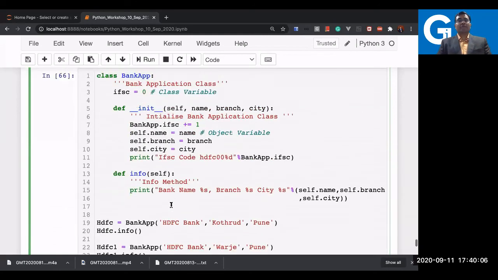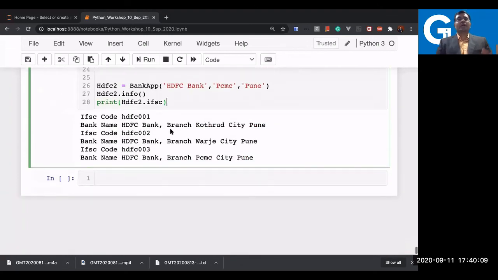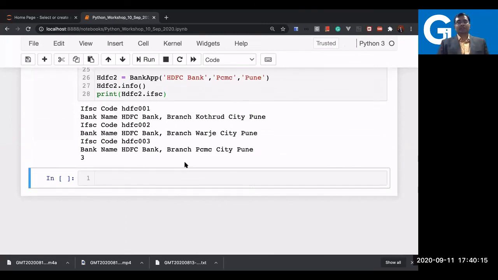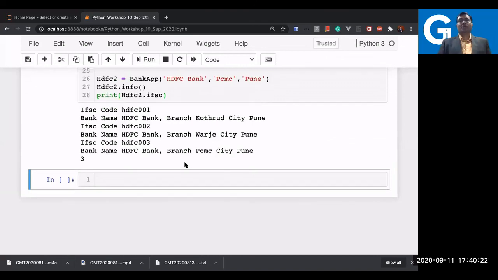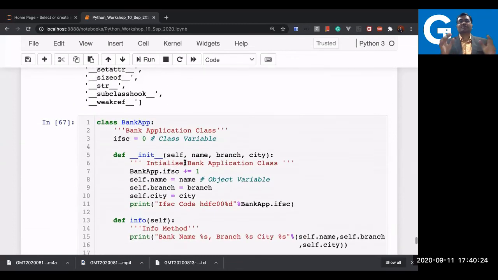We declared this IFSC as a class variable. So can I access the IFSC variable using the object? The answer is yes, you can. Okay, so remember, when you declare a class variable, it is available to the object as well as to the class. Can I access it by the class name?